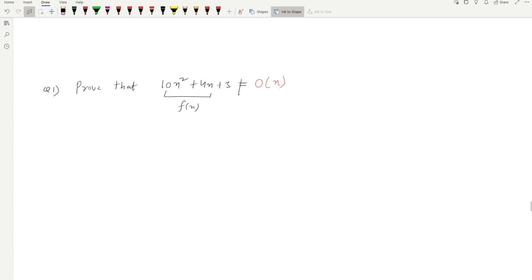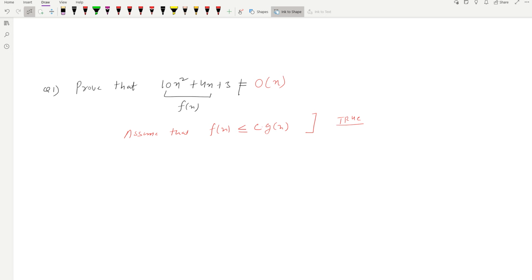Okay, let's see how we are going to prove this particular function is not equal to big O of n. So let us assume that the given function f of n is less than or equal to some constant times the function g of n. This is our assumption. If somehow this assumption is true, it means that our initial given function is not